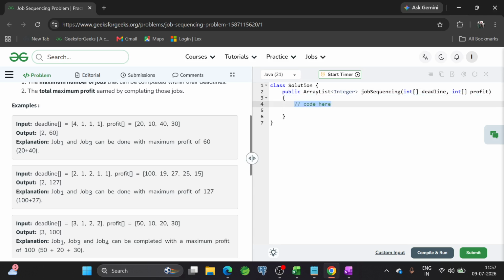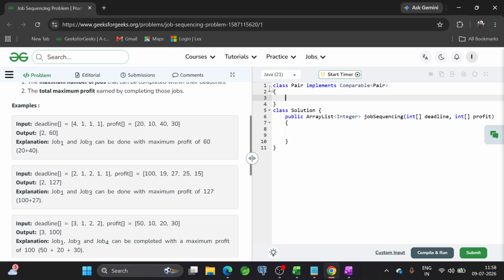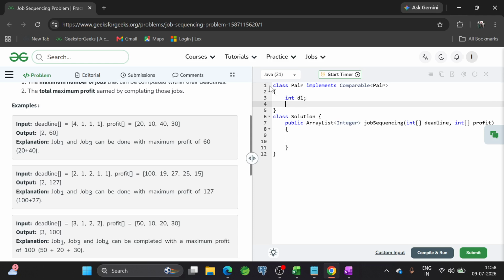First I will try to sort the array based on profit. So I am creating one class Pair that implements Comparable. First I will take the deadline d1 and another one, profit p1.